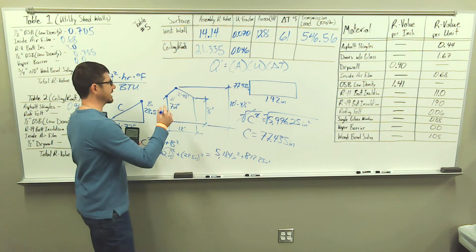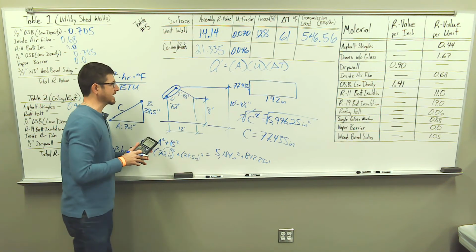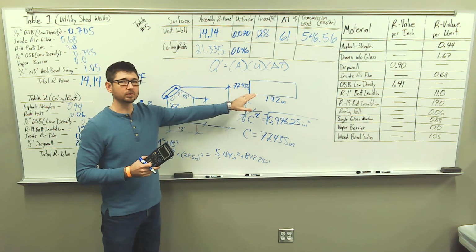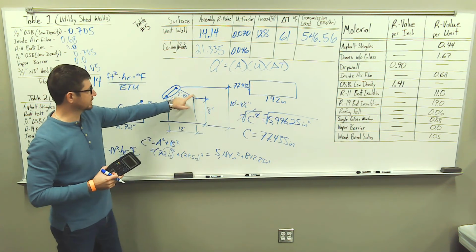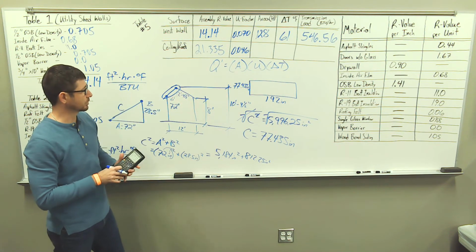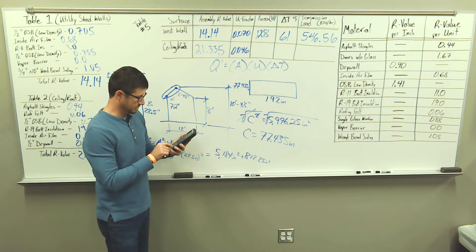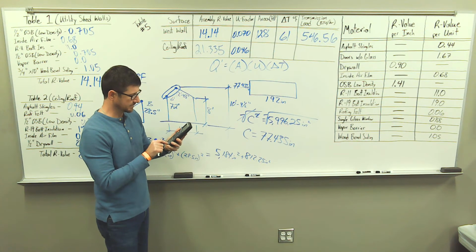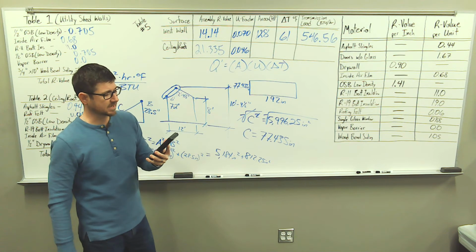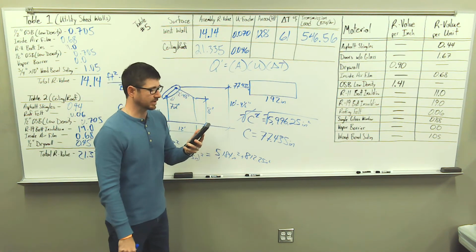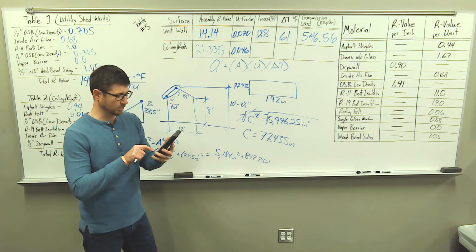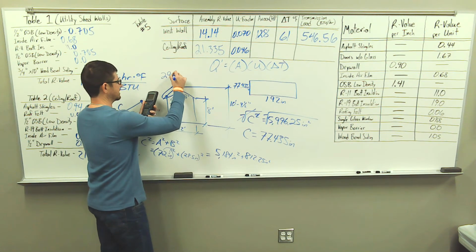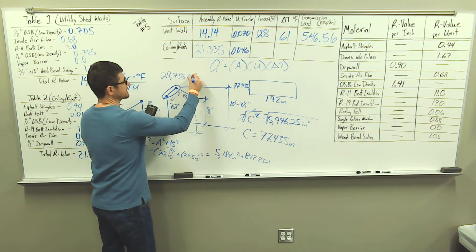Now what we want to do is calculate this area. But when we do that, we're only calculating the area for one side. So this area that we calculate, we're going to multiply that value by 2, so we get the total area of our roof. So 192 times 77.435 gives us 14,867.52. Let's multiply that by 2. And this is going to give me 29,735.04